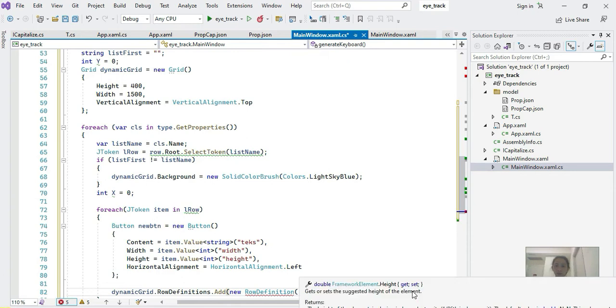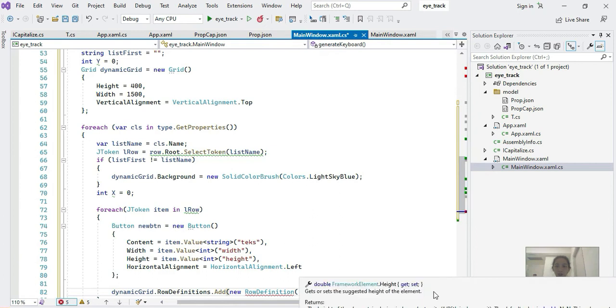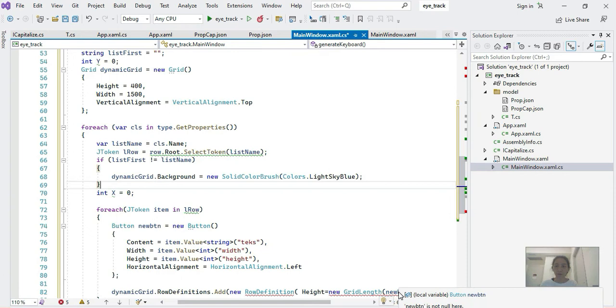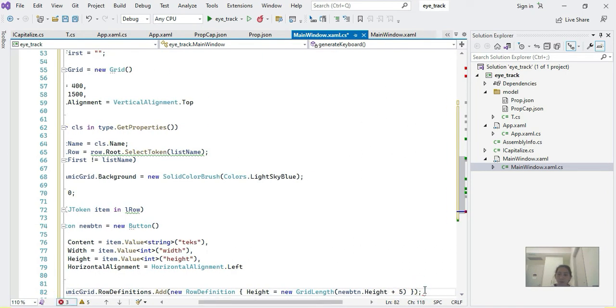Height new button height plus 5, grid length cannot convert to double. Okay, yeah, plus 5. Okay,